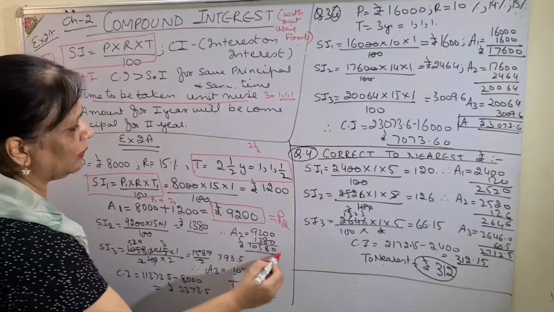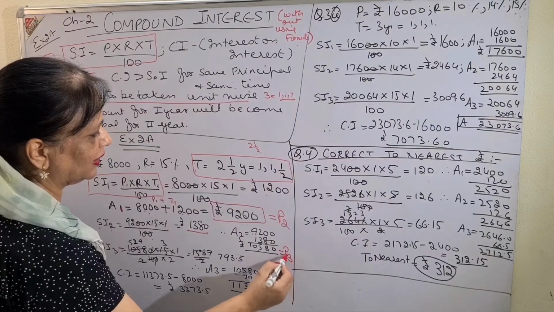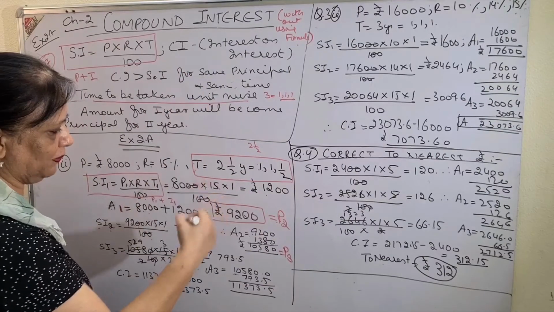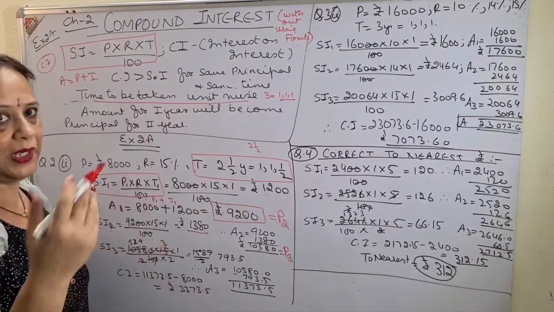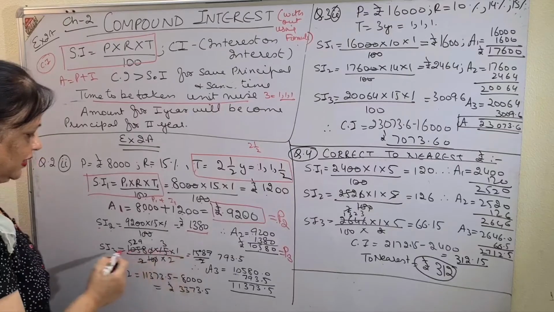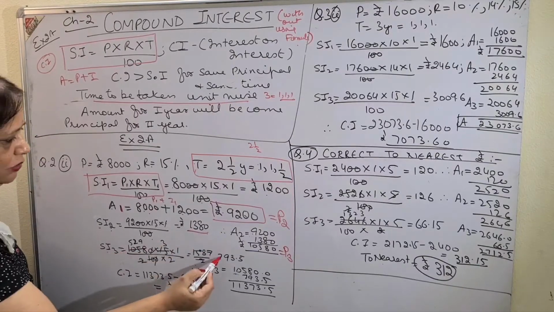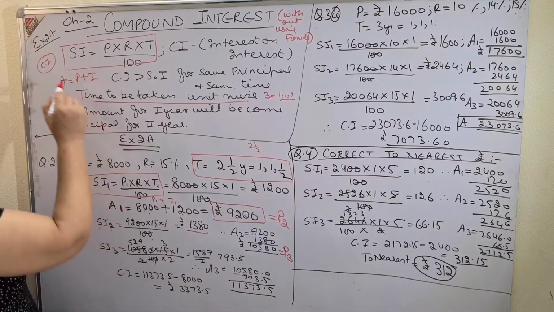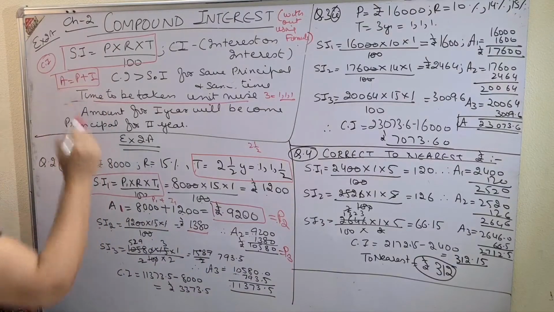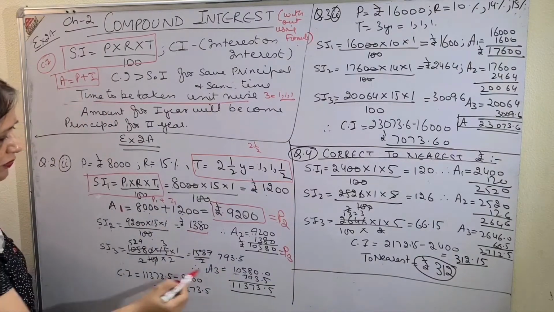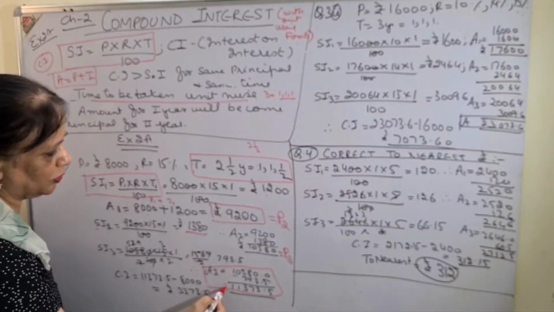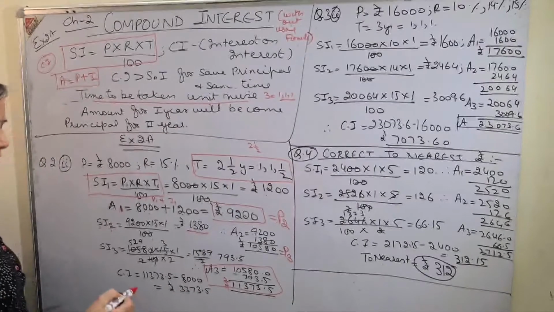And now this will become the principal for the third year. What I taught you in the beginning, that whatever the amount for the previous year will become the principal for the next year. Similarly for the next year, I calculated the interest, then I calculated the amount with the same formula we have been using for so many years, P plus I, and this is your final amount, first answer. Final amount, don't forget to put rupees since we are talking about money.